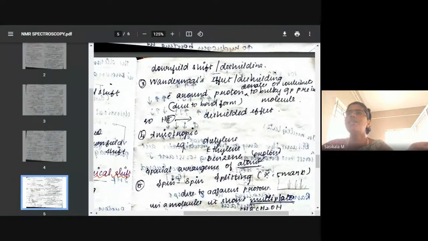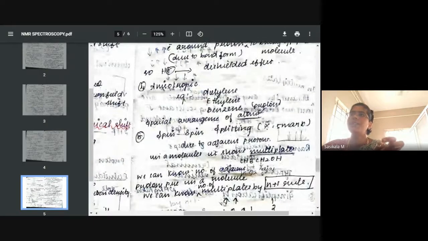The next effect is the anisotropic effect. Anisotropic is nothing but a spatial arrangement. It also depends on the spatial arrangement of atoms. We have already seen examples of ethylene, acetylene and benzene. You have to quote the same examples here. For the anisotropic effect, after seeing the spatial arrangement or stereochemical formula, based on the location of protons, we can find whether it is present inside the diamagnetic field or outside the diamagnetic field. That effect is called the anisotropic effect. The same example you have to quote here.